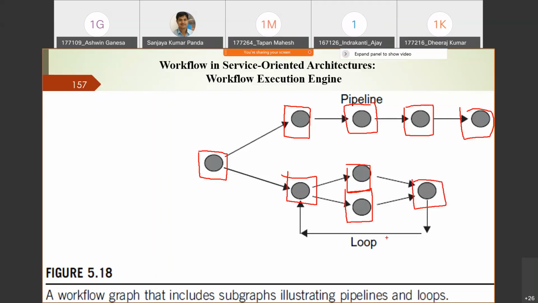But what happened here? There is a loop concept. Until a requirement is completed, you have to keep allocating. Just like I told you, you have ordered several items. One item is prepared, but other items are not prepared. So you go for a loop until you complete a particular order that consists of a set of items.